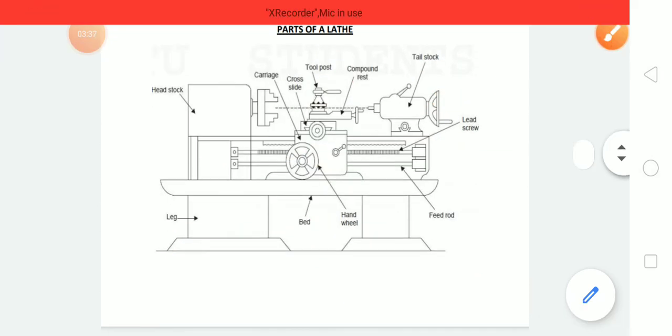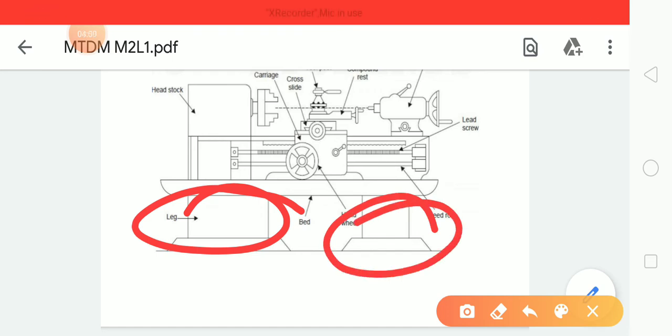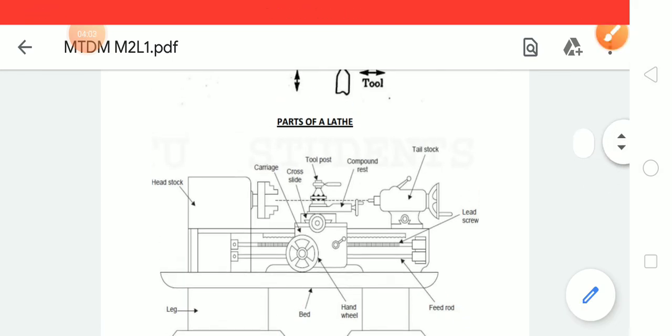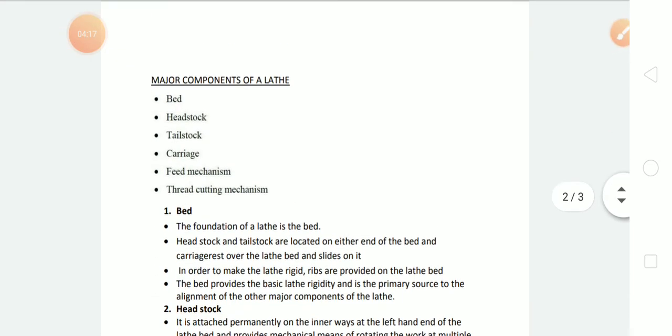So that is carriage. And there we can see another thing that is called the lead screw. The lead screw is usually used for cutting threads on a lathe. It can be used for cutting internal or external threads in a workpiece. And another part is the column or leg. Here it is the leg where it is supported on the ground. And the next one is the compound rest. Compound rest is also a part of the carriage in which we can support the tool post and also tools. So these are the basic parts of a lathe, and you can see the detailed explanation of all these parts.